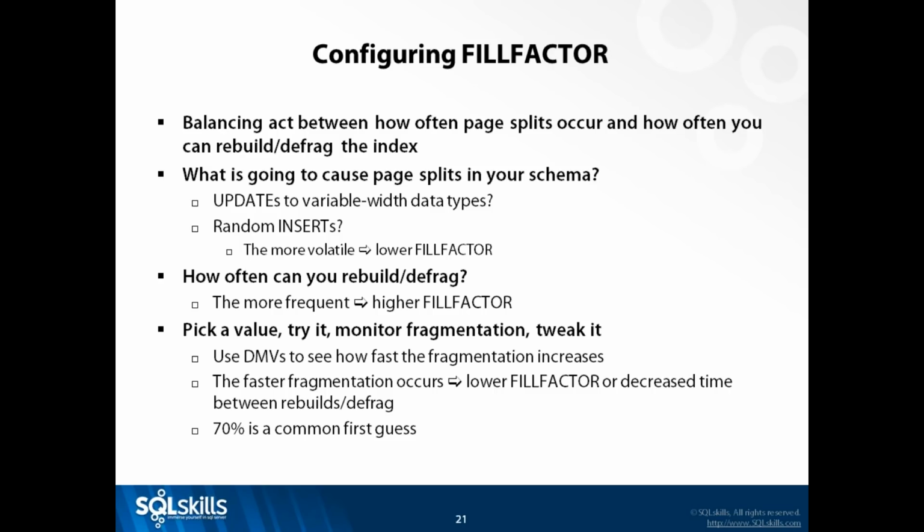What I generally tell people is pick a number, put it in production, and monitor the fragmentation and your performance. Then maybe tweak the fill factor for that index up or down, or tweak the periodicity of your index maintenance. The number that I generally advise people to pick as a good starting point is 70. You'll see that all over the world, people just putting 70 in production and walking away. That might be completely fine for you, but I'd like you to monitor and maybe change that. So 70 is a good first guess if that index has big fragmentation issues. Don't just go set 70 all over the place.